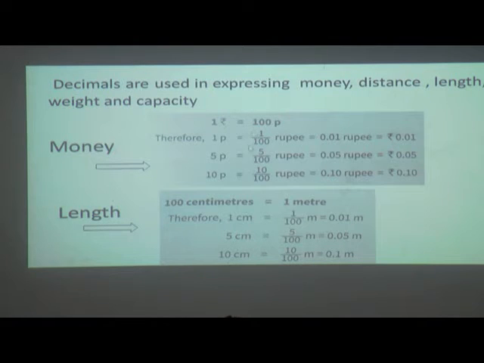Can you find this in practice? You can ask your grandfather or your parents that you want 1 upon 100 rupees. No, we don't use fractions like this in practice. We use decimal form. And you might be thinking why we are having this 0.01.